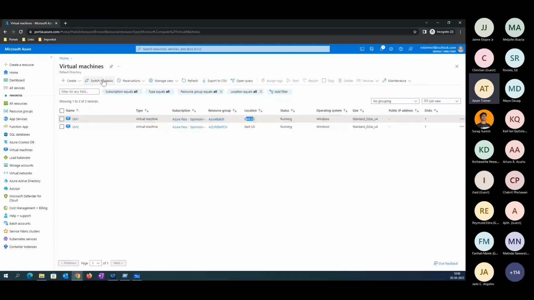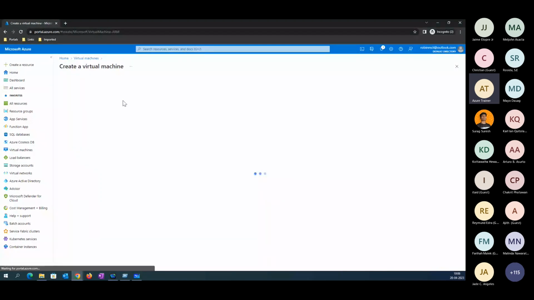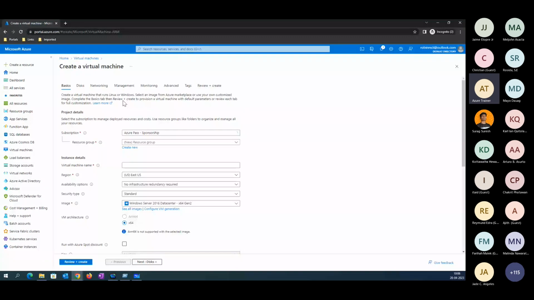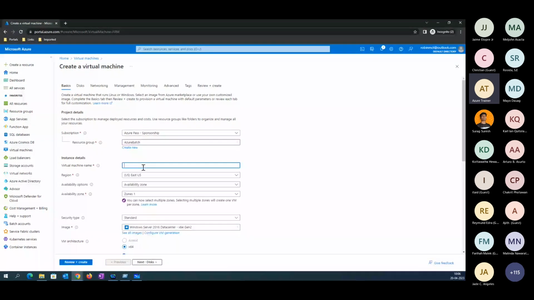Let me create one more VM in a different data center. Let's give it the name VM3 in a North Europe data center.